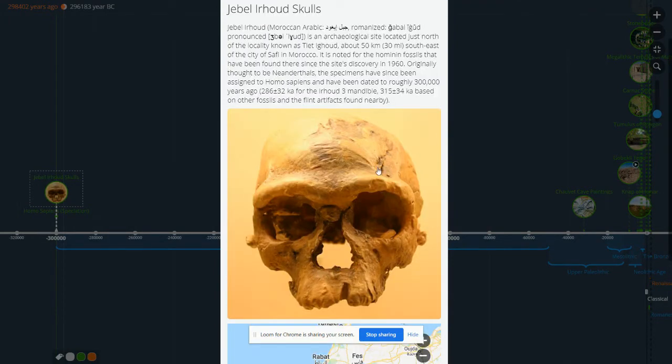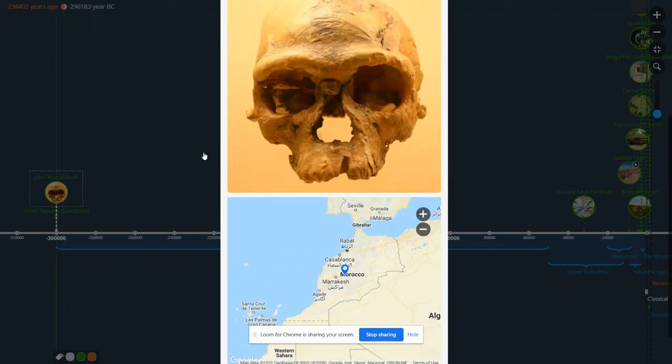these skulls. Now, if you look at the skull, you might think, well, this doesn't look very Homo sapien. I mean, you see some really raised brow ridge there, and in fact, the researchers first thought that they were looking at a Neanderthal, not really an example of the Homo sapien. But since then, researchers have figured out, based on further analysis, that this is the earliest example that we can find of a Homo sapien. So that's pretty amazing that we have one from 300,000 years ago. So really old, and once again, that's in the Morocco region there.